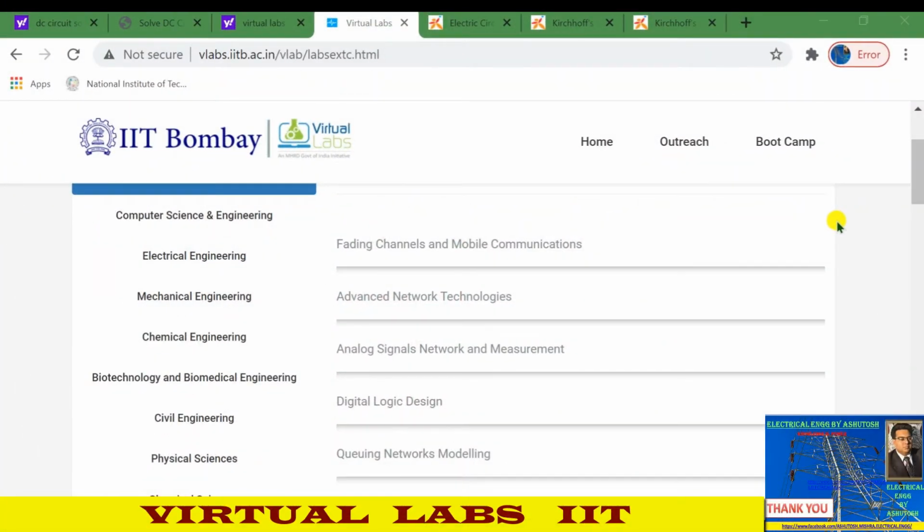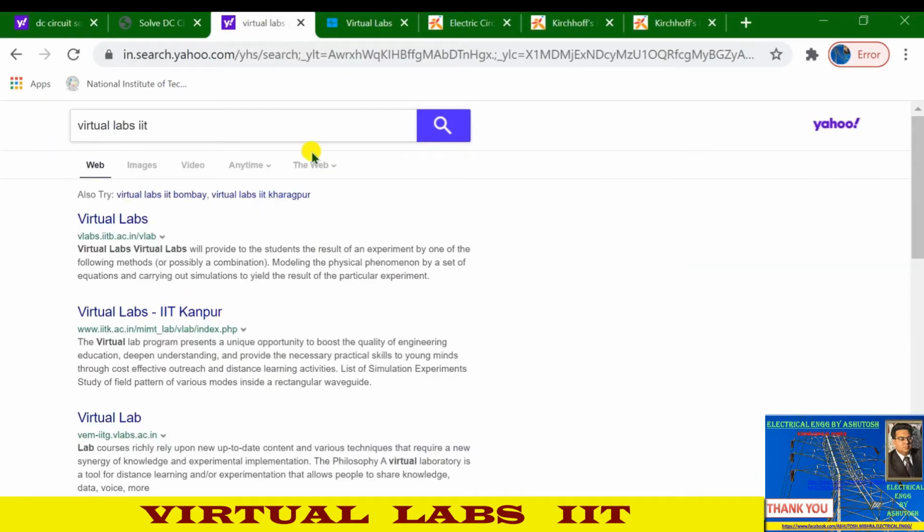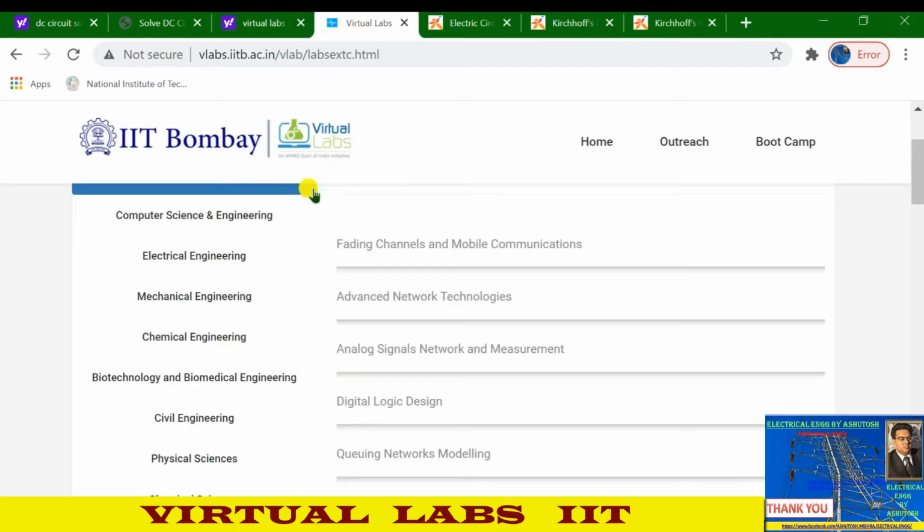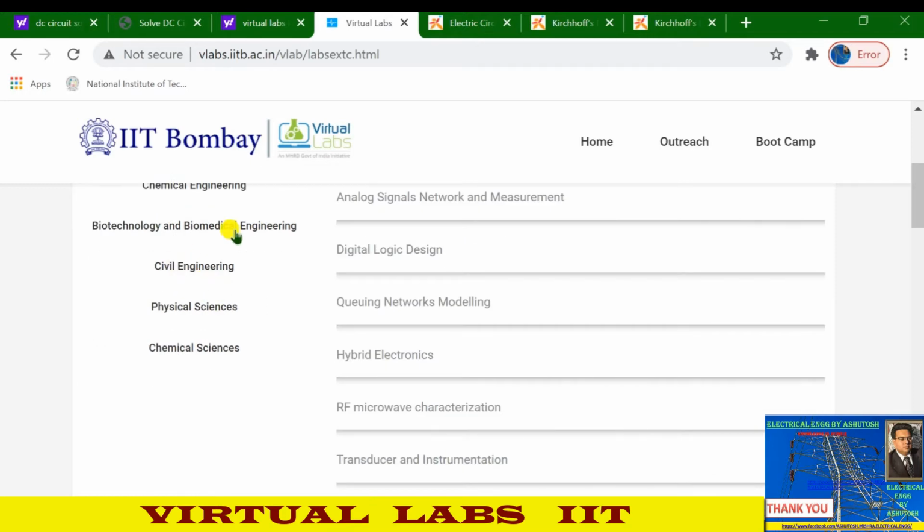So today we are going to explore virtual labs developed by IIT Bombay. Just type virtual labs IIT, and it is developed by IIT Bombay. These branches will be shown on the screen.